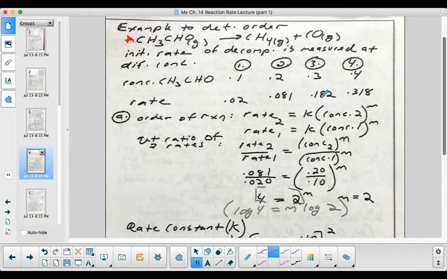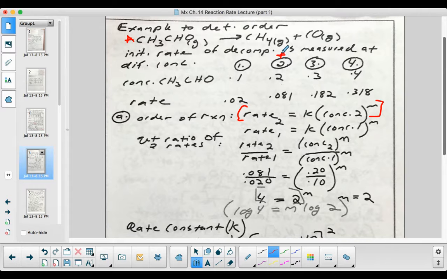So that's what we said when we first started here, that the more of the reactant you have that's being analyzed, then the faster the rate would be. Or as the reaction proceeds, the rate slows down. So what we want to do is find the order of the reaction. So what we do is we write out what we call a rate expression. And this would be a rate expression for